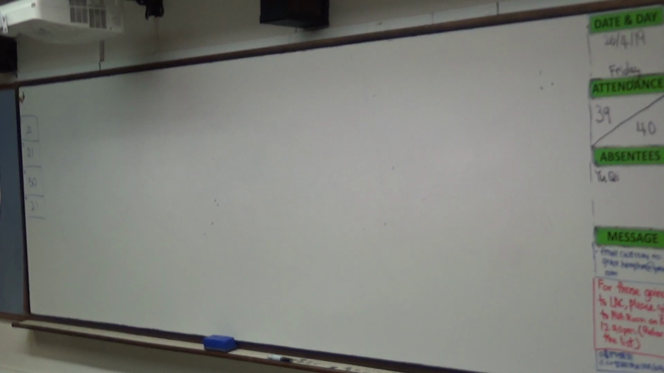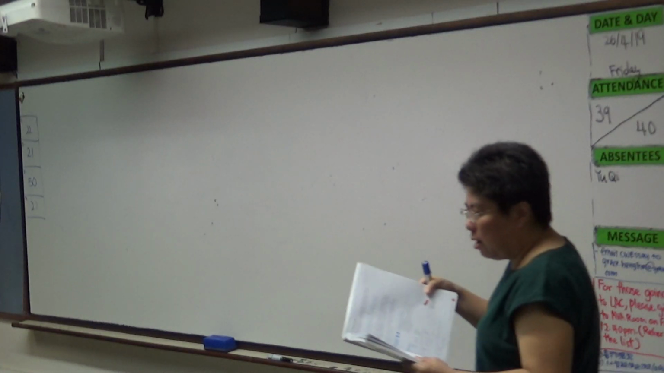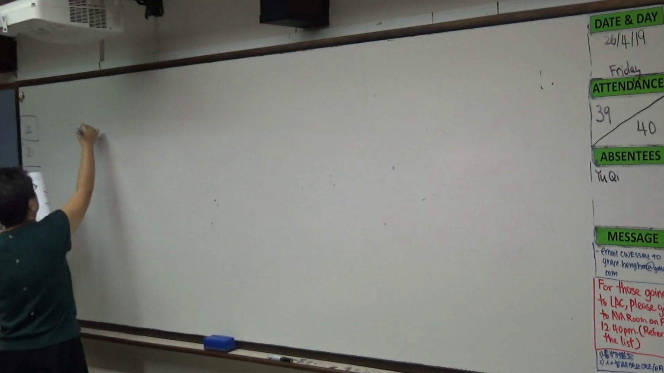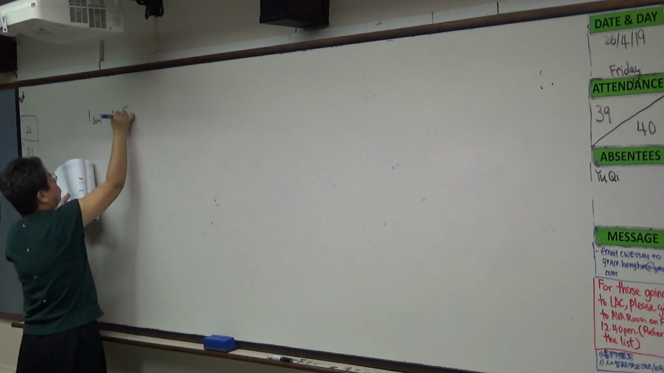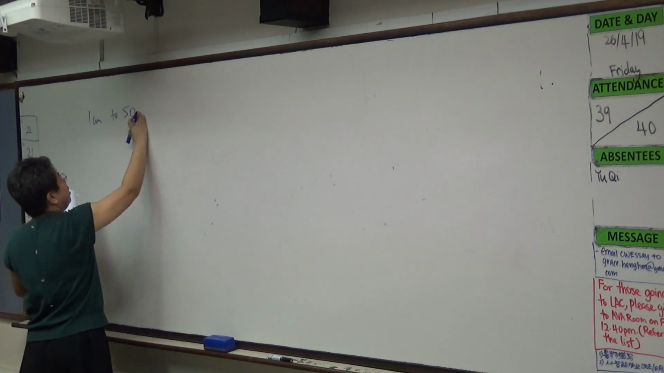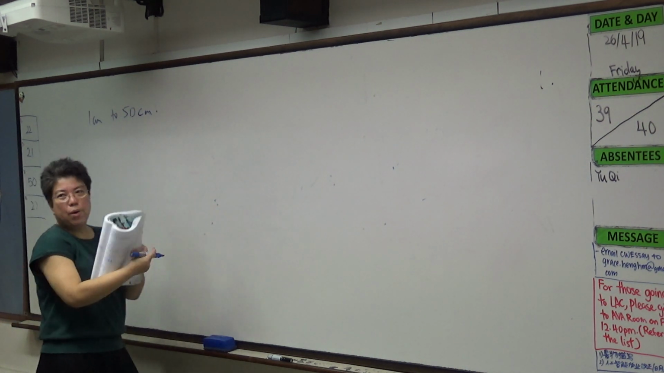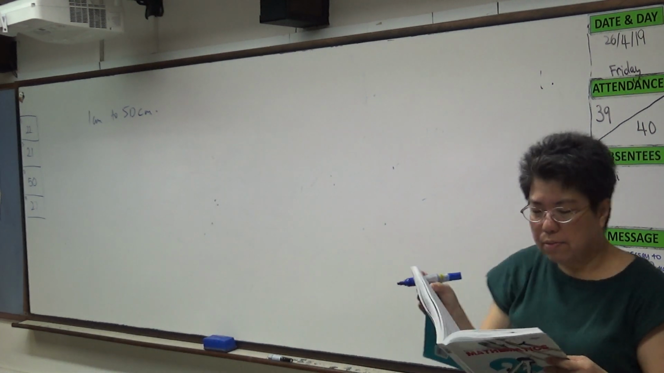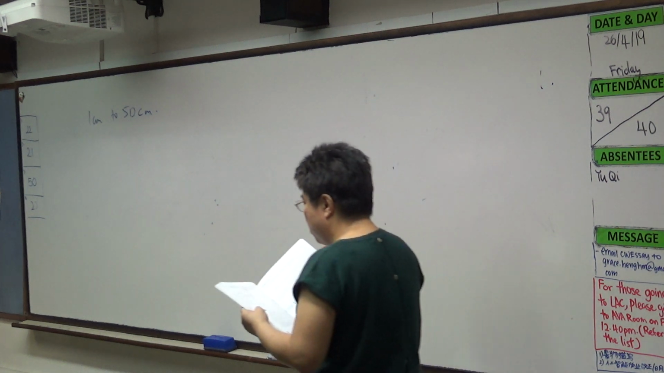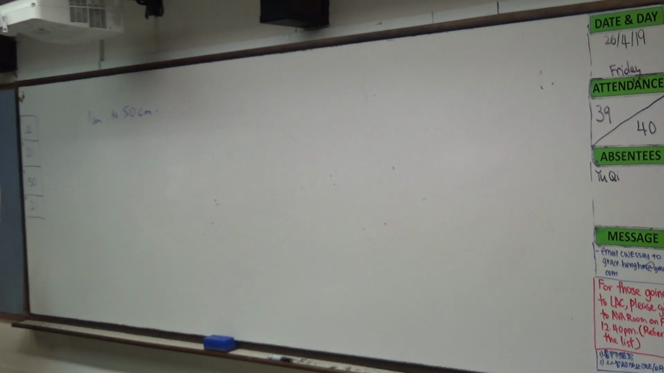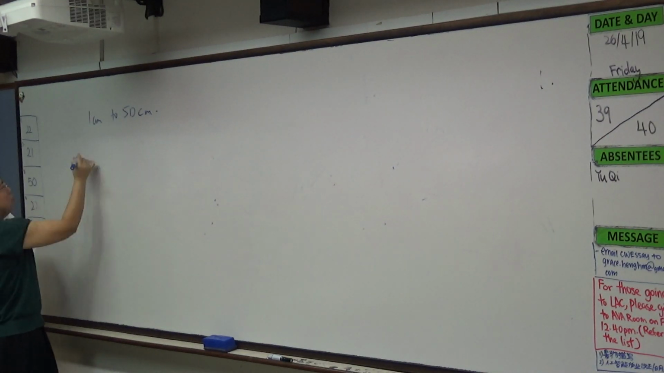Example 13. The scale of a building plan is 1 cm to 50 cm. That means 1 cm represents 50 cm on the ground. Calculate the actual length of the bedroom if it is represented by a length of 9.2 cm on the plan. So 1 cm